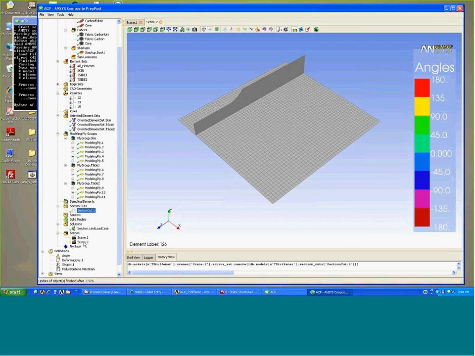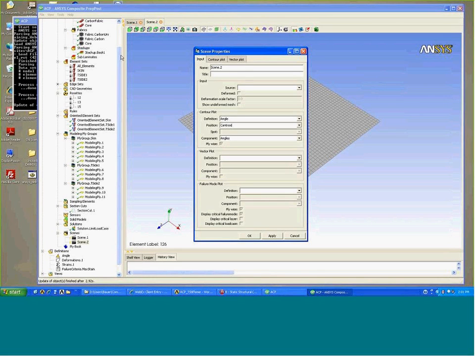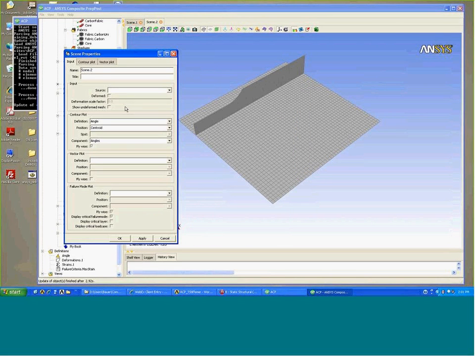We can always go back to the scene definition. If we double-click or right-click and hit Properties, we can now define what type of information we'd like to post-process in this graphic Scene 2. Let's go ahead and identify the source of the results, and that's our RST file linked to the limit load case. For input, let's look at our information on a deformed shape plot, and show the